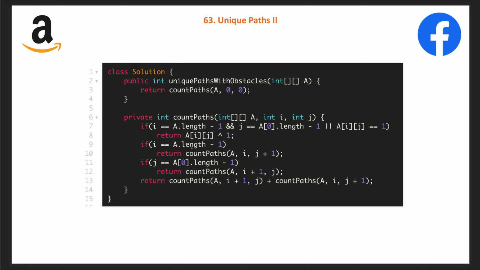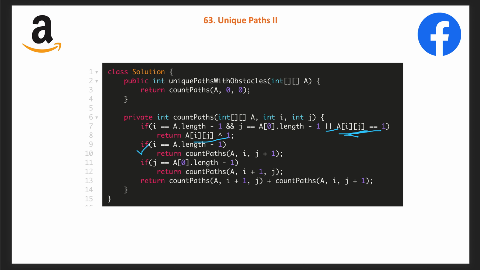So here is a code snippet. I clubbed these two base cases into one by using an OR condition. When there is a stone, we first check whether i and j are within the grid or not. If it is within the grid and it is not a stone, we return a of i j. I am doing this OR operation because if a of i j is 1, we need to return 0, and if it is 0, then we need to return 1. So that's why I use the OR. You can also use a ternary operator or more if else conditions. There is no hard rule.